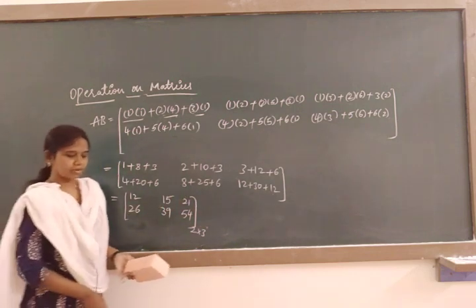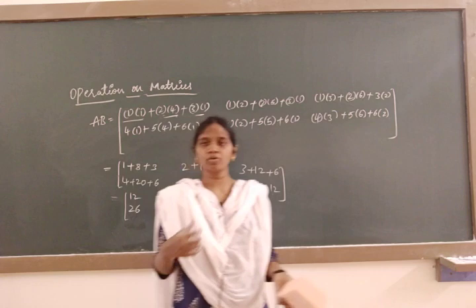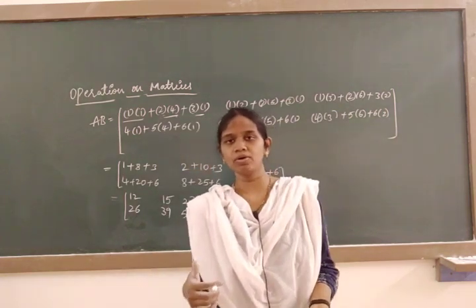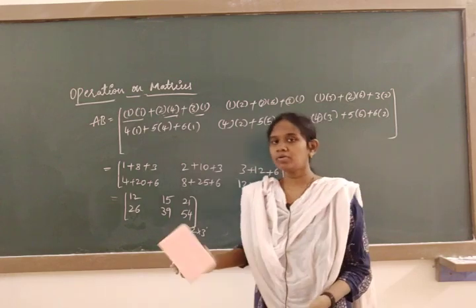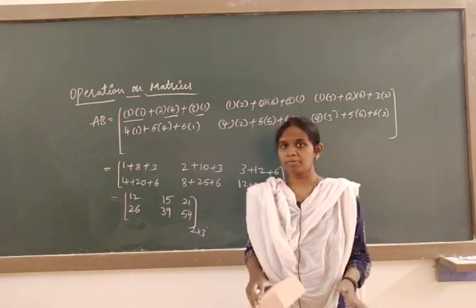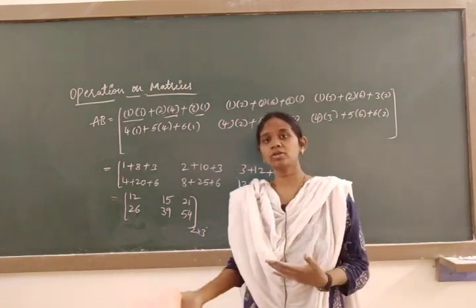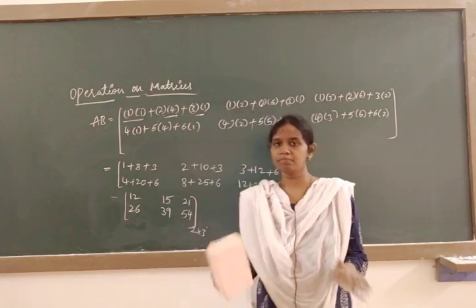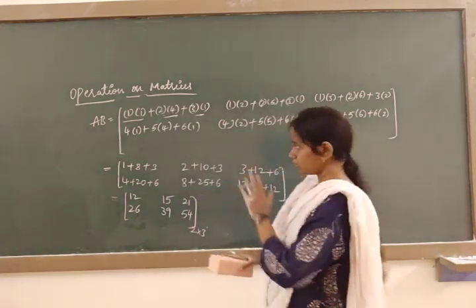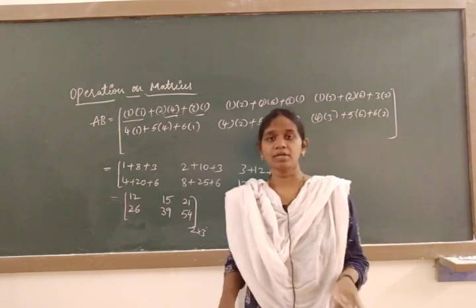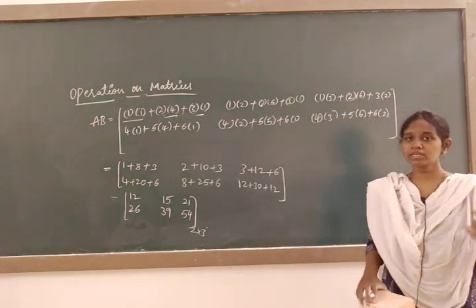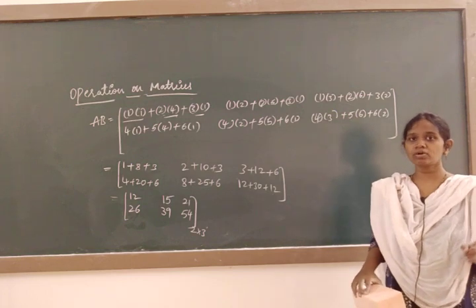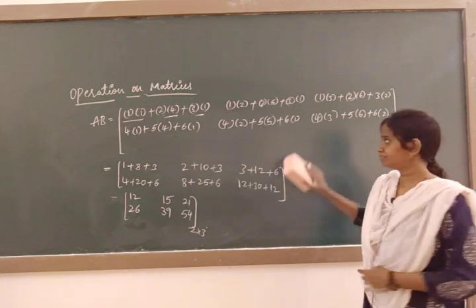So to multiply the matrix, what is our condition? Number of columns in A matrix should be equal to number of rows in B matrix, and row is multiplied with column, but you have to remember here the corresponding elements are not multiplied. So based on this addition, subtraction and multiplication, you are going to face one of the problems in your examination which consists of 5 marks, that is for question number 40.